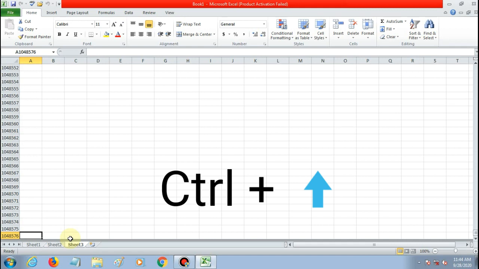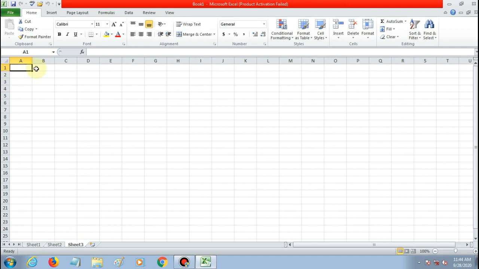And if you want to move to the first row, then you have to press Ctrl key and then up arrow key. See, the cell pointer is moved to the first row. If you want to move to the next cell, you have to use the right arrow key, and if you want to move to the previous cell, you have to use the left arrow key.